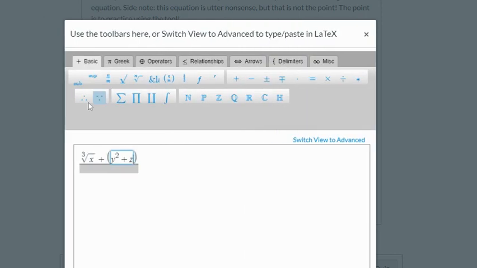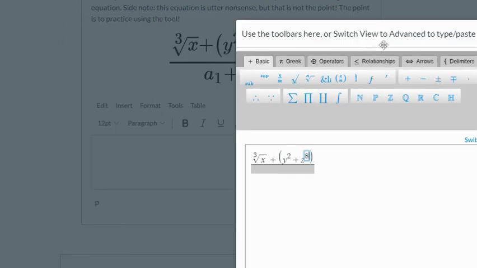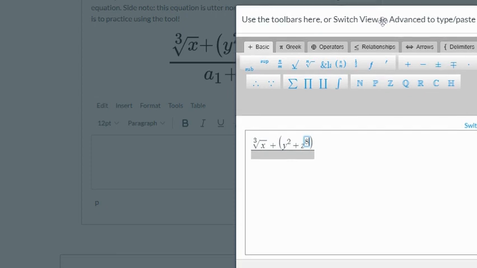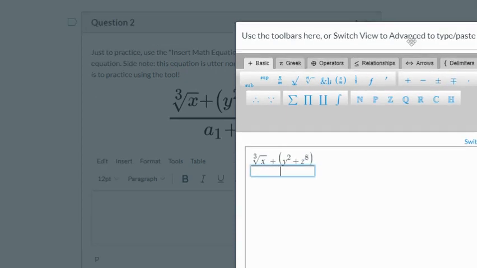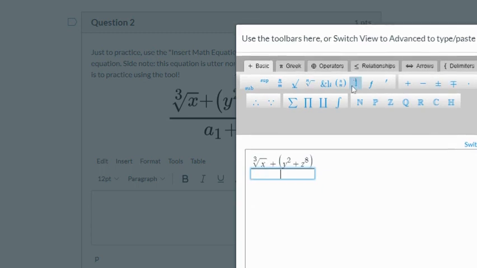Z to the 8th. Normally what you'll be doing is solving a problem in your notebook. You'll have all the work down, and then you're going to just recreate it in Canvas so that it can be shared with your teacher, if that's myself or Mrs. McKinney. And then I'm just going to go down below, and what do I have? A1 plus A2. Sure, let's go with that. A, and then subscript